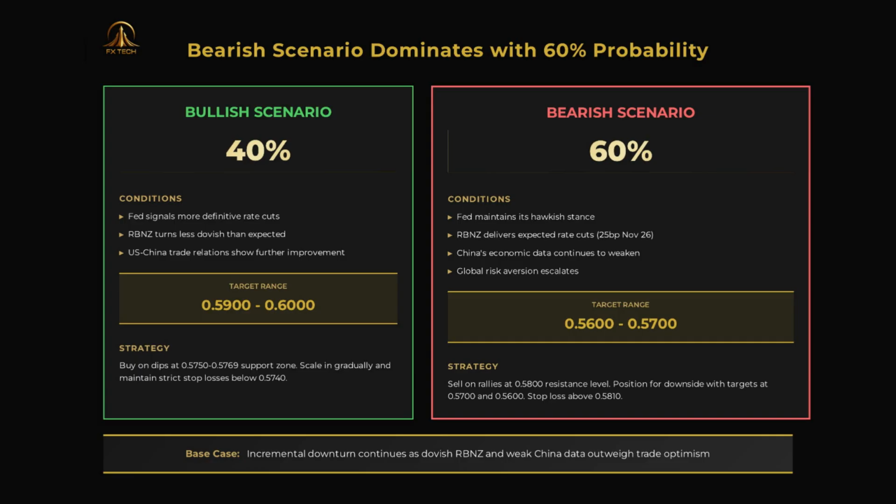This scenario assumes the Fed maintains its hawkish stance, the RBNZ delivers expected rate cuts, and China's economic data continues to weaken. The target range for this scenario is 0.5600 to 0.5700, with the strategy being to sell on rallies at 0.5800 resistance. Our base case is that the incremental downturn continues, as dovish RBNZ policy and weak China data outweigh trade